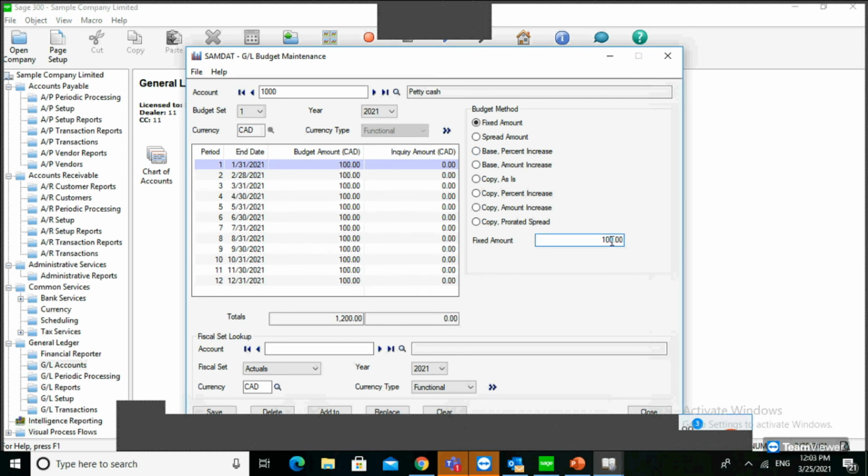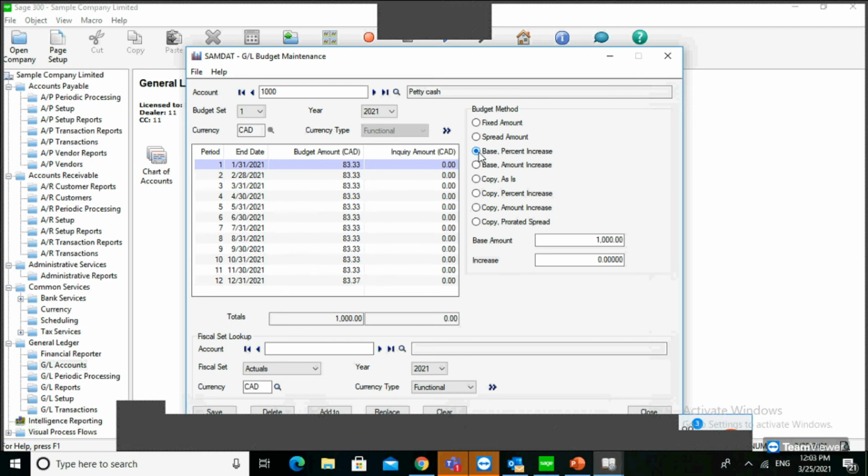If you want to spread the total amount and divide it by the particular months, I put 1000 and replace it. This is spread amount. It is divided by whatever amount is here, you can divide it into 12 months for the particular account. Also you can do incremental budget.